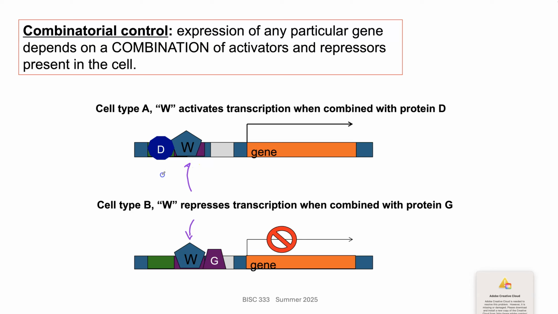And it's possible that when protein D is also present and bound to it, it acts as a transcriptional activator. I'm sure you remember from other classes that this arrow is how we show that the gene is being transcribed. And so therefore this gene, suppose this is gene A and this is gene B, or tissue A, actually